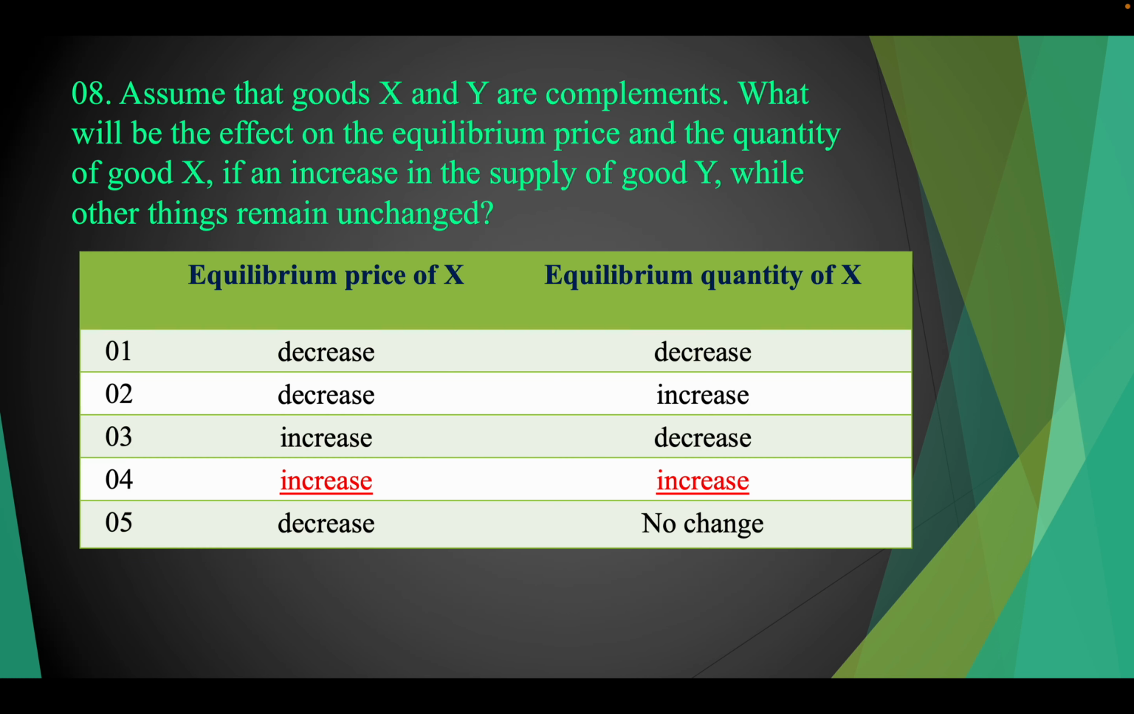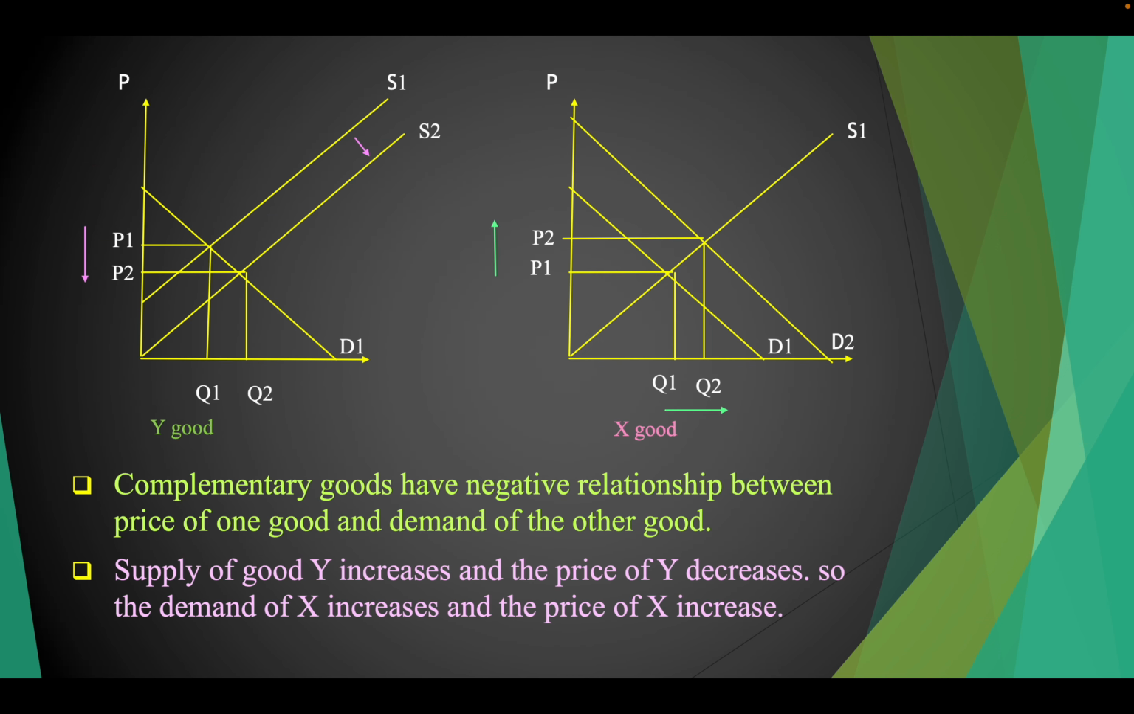Then the 8th question: assume that goods X and Y are complements. What will be the effect on the equilibrium price and quantity of good X if there is an increase in the supply of good Y, while other things remain unchanged? There are two goods X and Y. So these goods are complementary goods. So the supply is increasing. Remember that